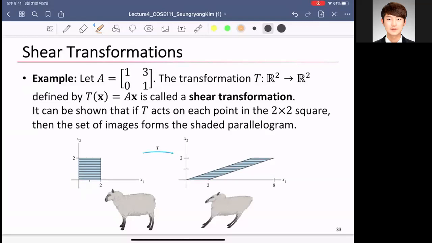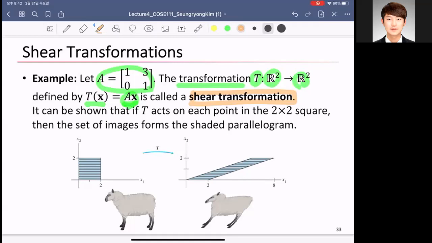자, 그러면 조금 더 해봅시다. Let me show one more example. For example, let's say matrix A is [1 3; 0 1]. Then the transformation T from R2 to R2 is defined as T of X equals AX, just AX, which is called a shear transformation. You don't need to memorize this shear transformation, but it is just one of the transformations when A is defined